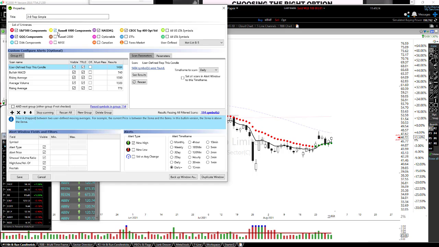Here's the cool thing. There are stocks that are not involved with the Qs, the S&P 500, the Russell 1000, NASDAQ, or the CBOE 400. There are stocks out there that are just not in those groups, and if you have these check marked, you'll never see them.